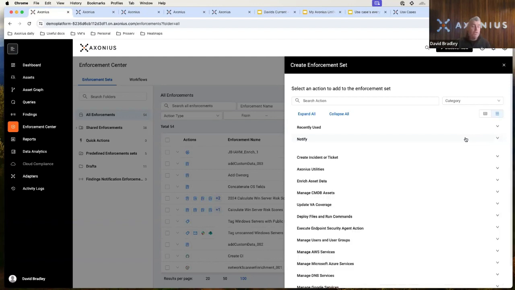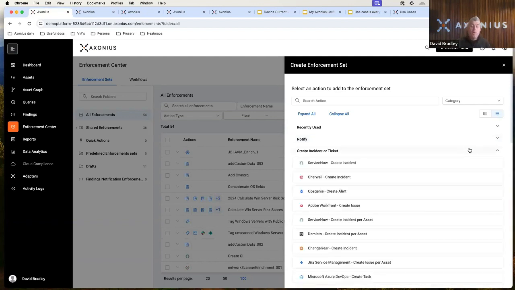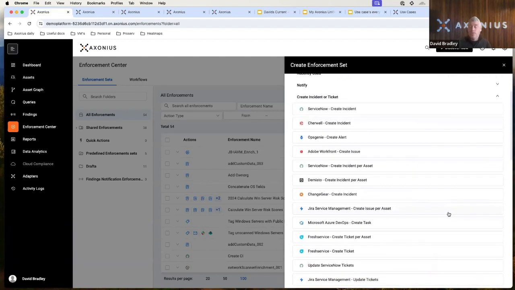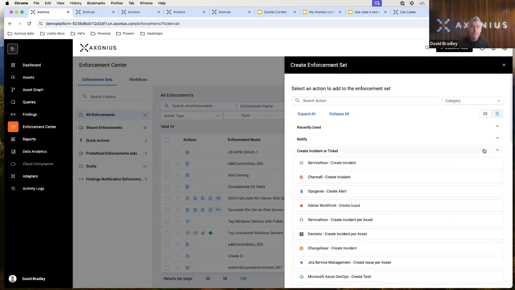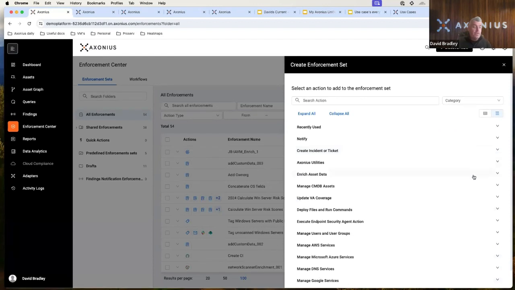Maybe we go on further and say, what I want you to do is automatically check, but if you find some, go ahead and create a ticket or an incident in my ticketing tool or incident tool or whatever tools I'm using. So we can start to automate an action, get it assigned to the correct people. And then we can do even more, like